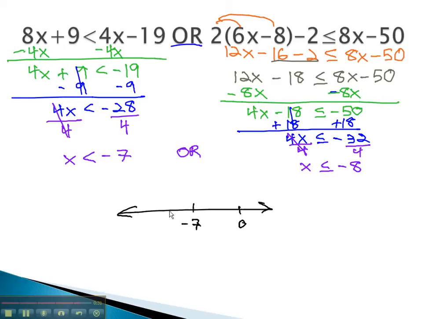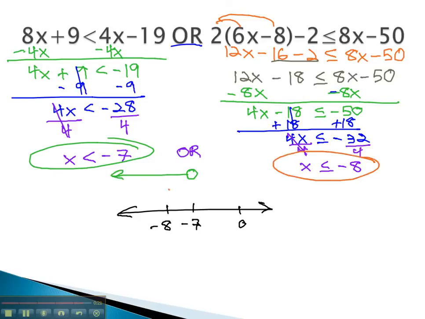On a number line, we can graph the two separately, starting with the negative 7, open circle. Less than means we go down. From negative 8, with a closed circle, less than means we go down. We only require one graph to be true, which turns out to be the bigger graph from negative 7 on down. The only part not making the final graph is the part that has nothing. In interval notation, negative infinity to negative 7.